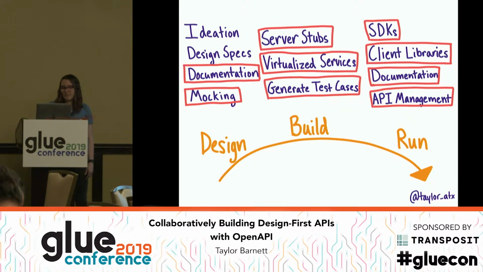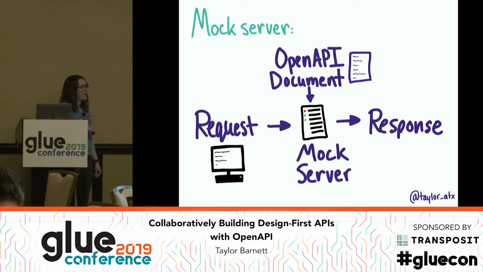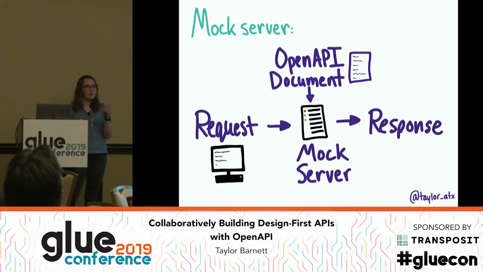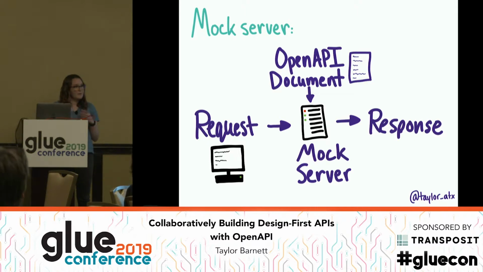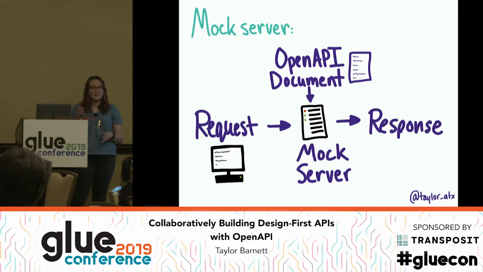So I honestly think that mocking is the most underutilized thing that you're getting when you have a spec, tooling that then opens doors to you. At Stoplight, we say that mocking is routing incoming requests to example responses, or dynamically generating examples on the fly. So you curl a request, the mock server looks up in the document, and it either is dynamically generating something or using a pre-existing example. And that might also include different business logic, like min and max, different kinds of formats, stuff like that.